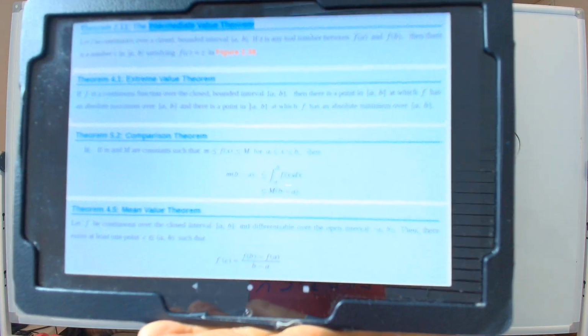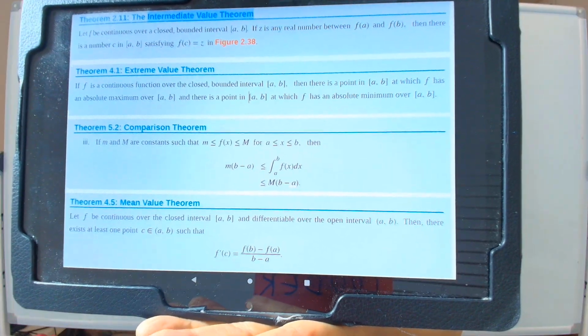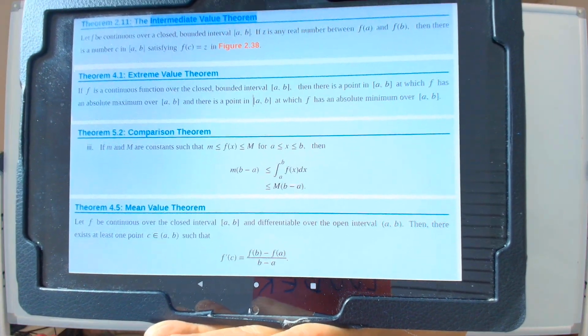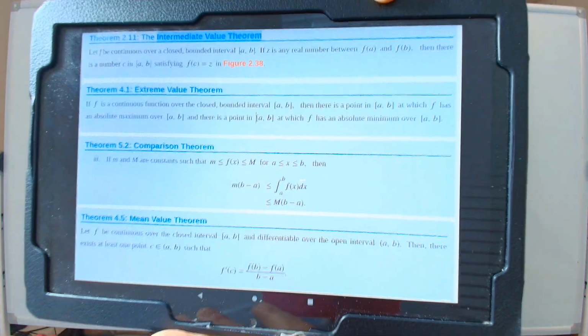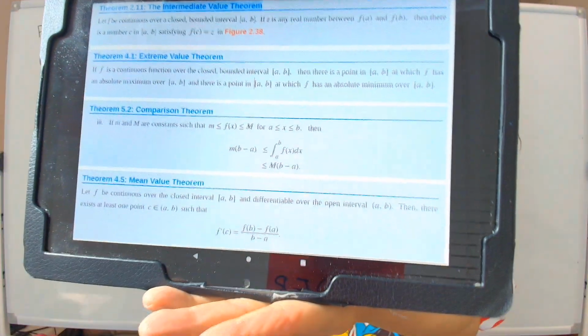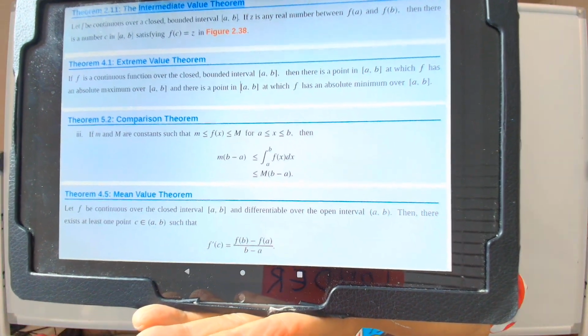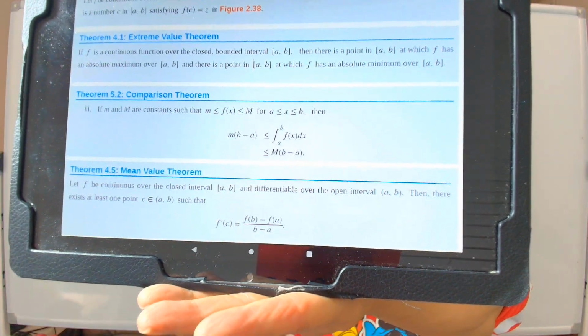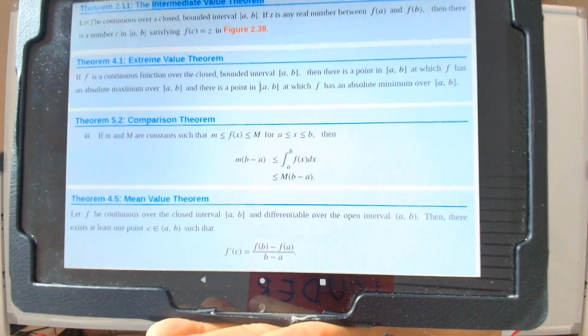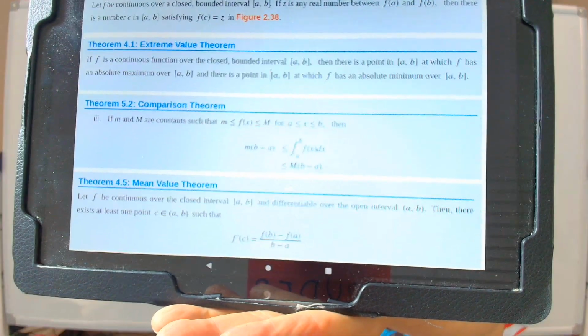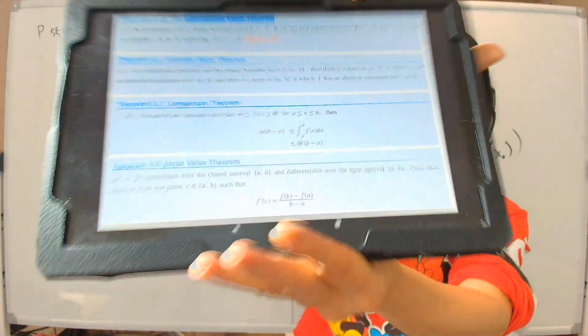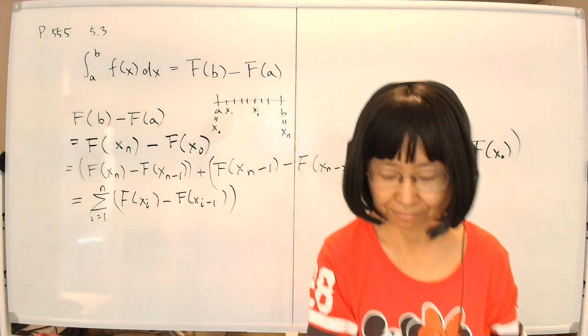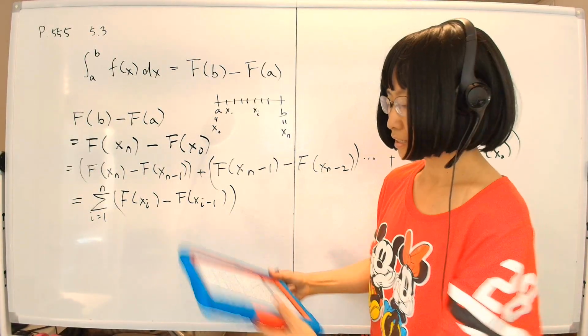Now, to remember, the mean value theorem is such that the derivative, that is the average of the function at the bottom here, right? The average of a function, that is f(b) minus f(a) over b minus a, is equal to the derivative at some point between a and b. So we'll use that. Continuing, so then